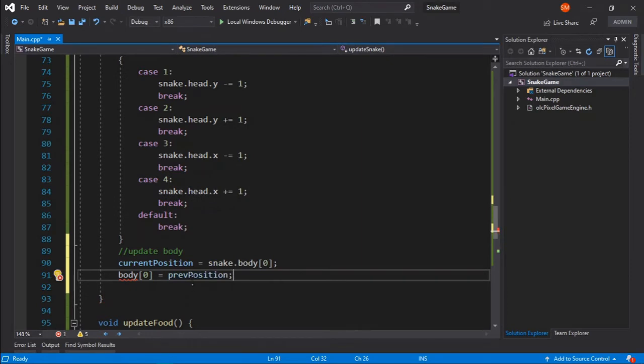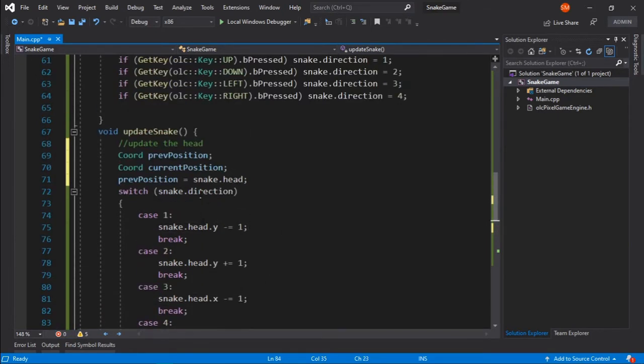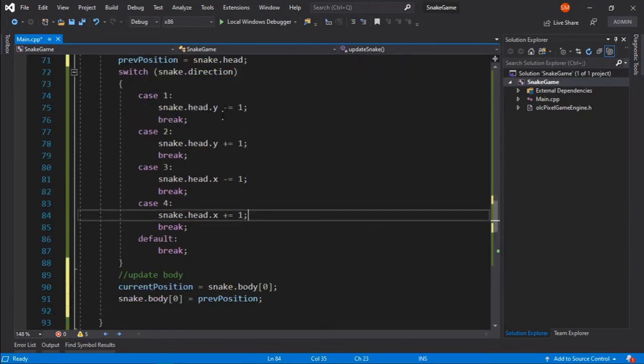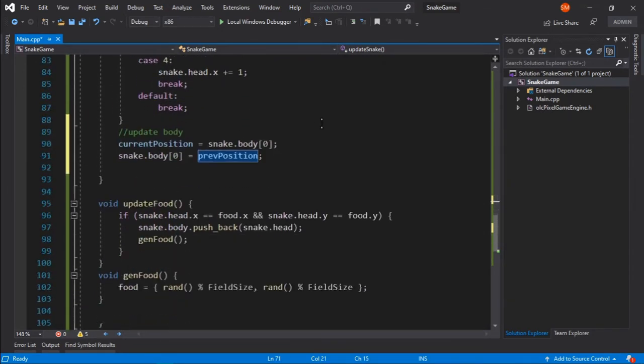Let me first explain what I am actually trying to do here. We have our head, and whenever we are updating the head we need to keep track of the previous location of the head, because the first body part will take the previous position of the head. So whenever we are updating the head, we are taking the position of the head into a variable called previous position, and then we are simply updating the first body part's position to where the head was before, that is the previous position, and I will store the first part's position as current position.